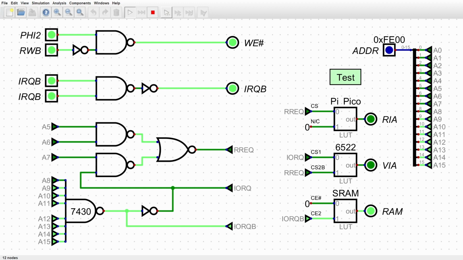FE00 is the last page of RAM. The PyPico RIA starts at FFE0. It continues up to FFFF. Now we can see how FF00 selects the 6522 VIA. Its two chip selects require this low and high state. Sometimes you only use one, selecting whichever saves you an inverter. But using both is how we steal the extra gate that will decode a third state from the two chip selects. You might be wondering why I wanted chip select logic working before making the PyPico writable.